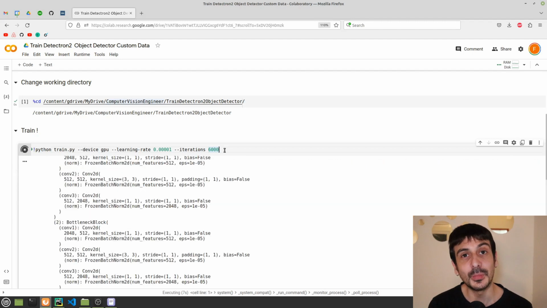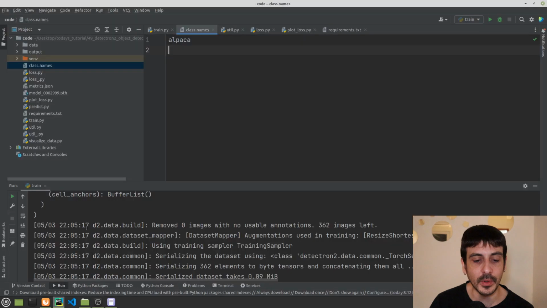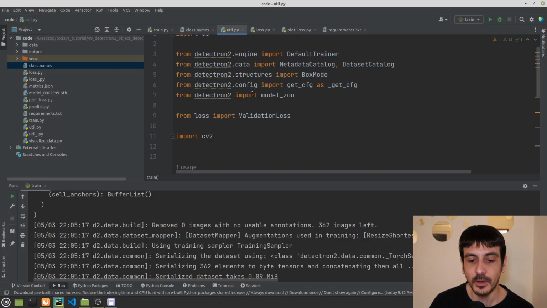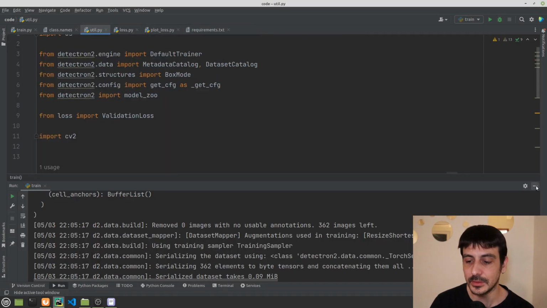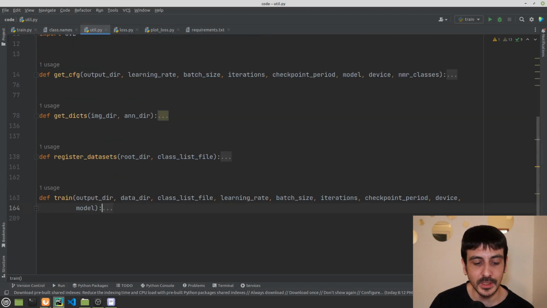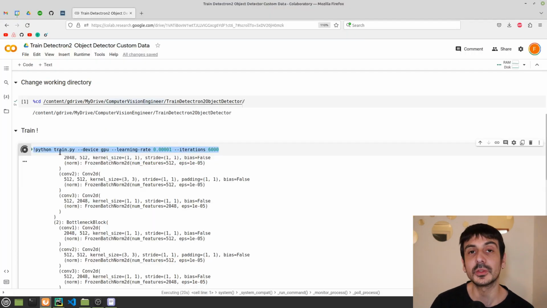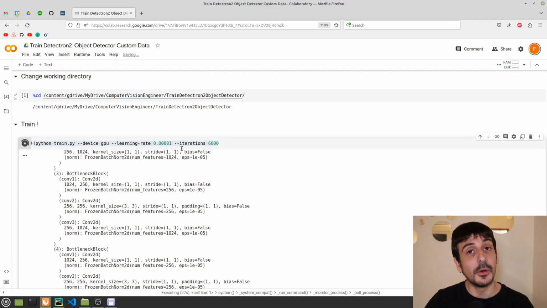You can see how simple this is once everything is within this train.py file, right? Once I create these functions and put everything in this util.py, we can just execute everything from a super high level by calling train.py. And please let me know what you think in the comments below, but I think it's just amazing. We can just train Detectron2 from a super high level as we are doing over here. The only thing we're doing is calling train.py, and we are passing the arguments exactly like this.